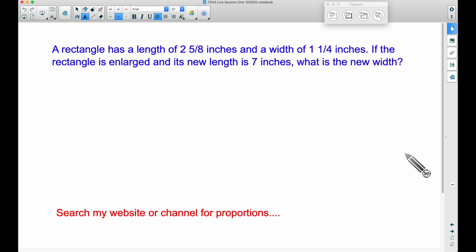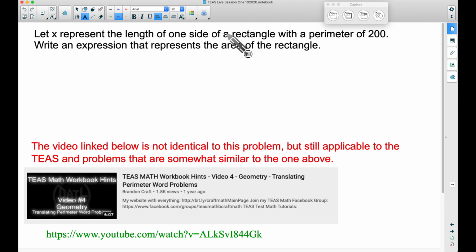And then we're also going to look at a rectangle problem. I'm going to show you how you can quickly search for things at my website or on my channel for these ideas too. Notice down here we see proportions. Other things, a rectangle problem. I've seen this problem I don't know how many times, 20, 30, 40 times over the past 5 or 6 months with the pandemic. So this is a popular question, and I think this actually comes, or something similar comes from one of the practice tests that ATI gives you. So I have an additional video there, something somewhat similar.